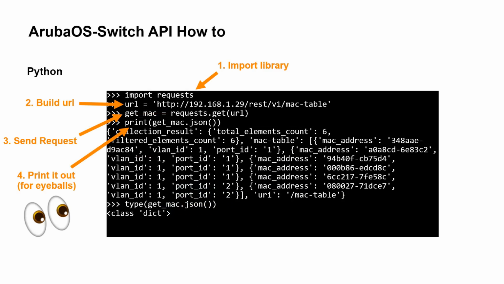But the really key point I'm trying to drill home here is that automation must have the data in the right format so that you can then do those other tasks, that you can do that automation, okay? What we're doing here, we're printing out for our eyeballs, right? And what we get back is, there you go, there's your MAC addresses. And down at the bottom here, this is much more what we're after. We ask for MAC table, we get the MAC table. Good stuff, right? What I've done there is a type on that so you can see the class of this information that's coming back, that's a dictionary.